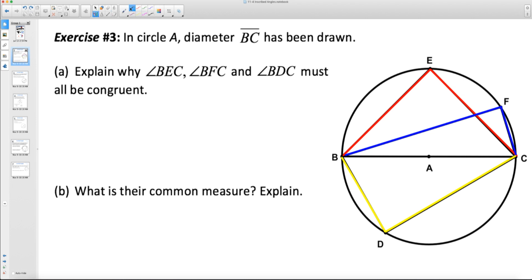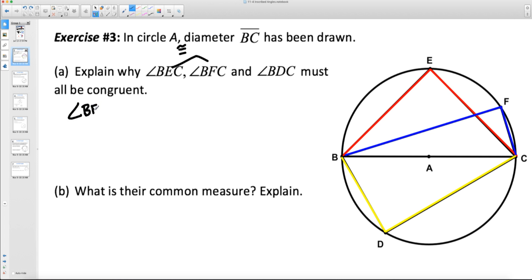Well, let's think about what they intercept. We could easily say that these two are congruent because they intercept the same arc. They're both inscribed angles, and they both intercept arc BDC going this way. Inscribed angle BDC intercepts arc BEFC, but think about what these arcs are. Both of these arcs have to be 180 degrees. So we could say